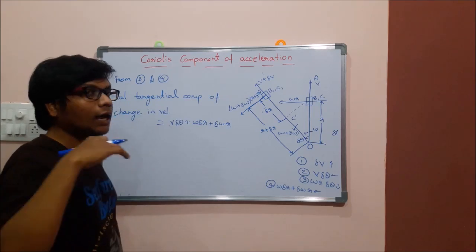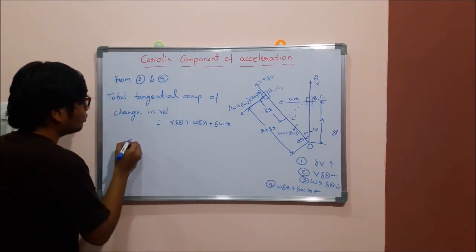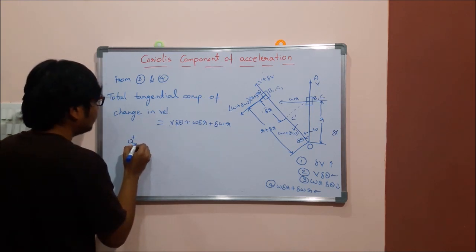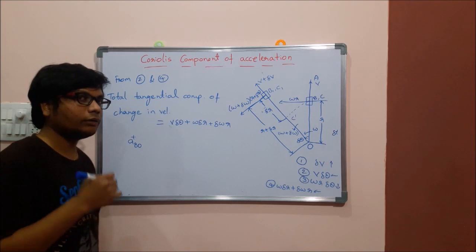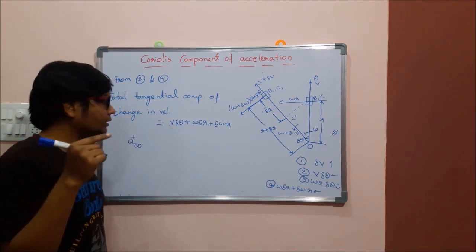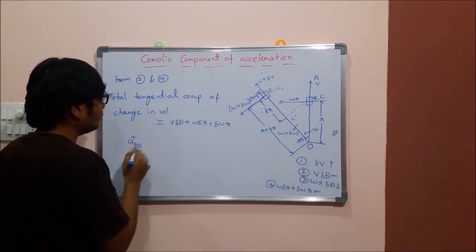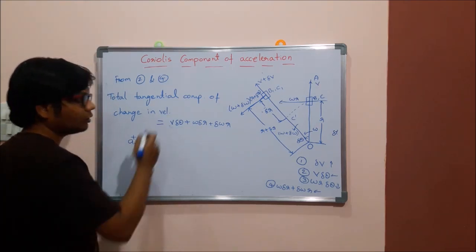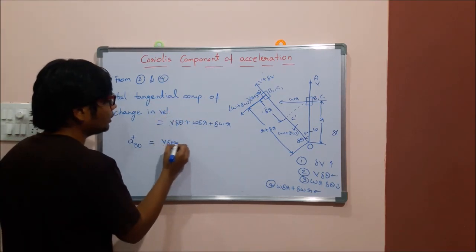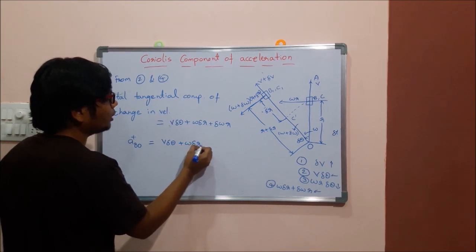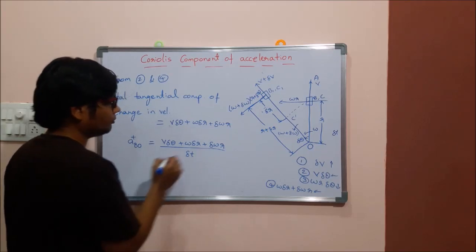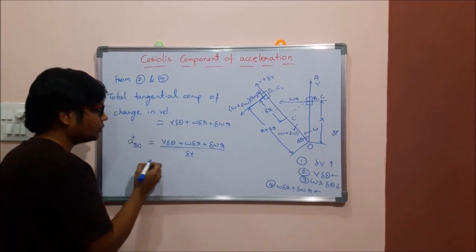So when you want to write the acceleration, finally we have to know the tangential acceleration, but here we are finding the tangential acceleration of B with respect to O. For getting BC, we have already written the formula: ATBC is equal to ATBO minus ATCO. So this ATBO is the change in velocity with respect to time: V delta theta plus omega delta r plus delta omega r divided by delta t. Try to consider each individual element here.